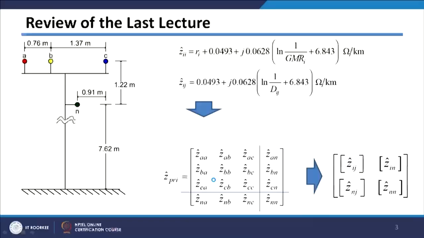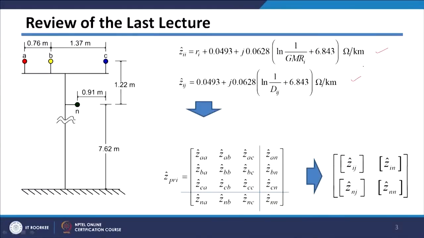Then using these equations, we have seen how to calculate your primitive impedance matrix by knowing the GMRs of various conductors and distances between the various conductors, and using Carson's equation we can get the